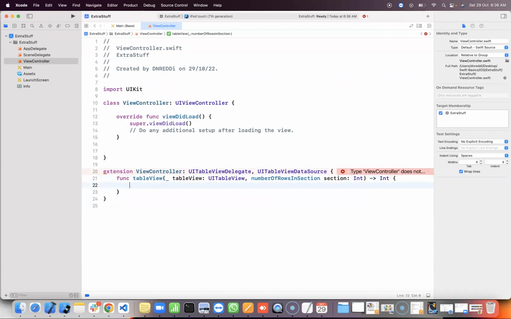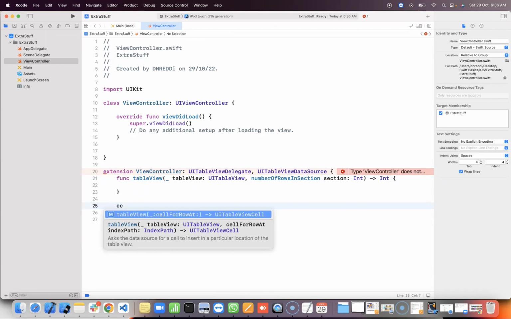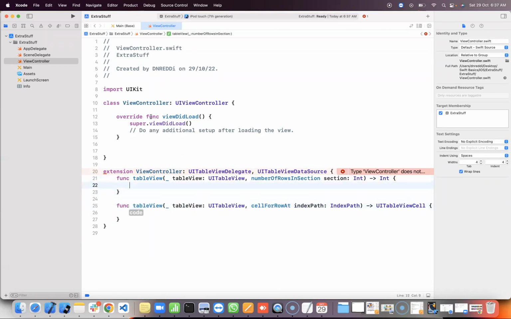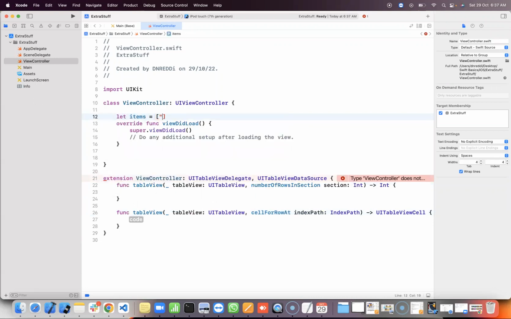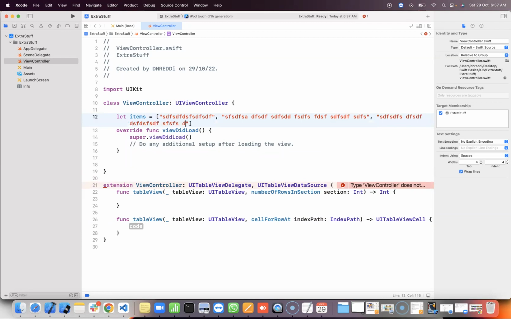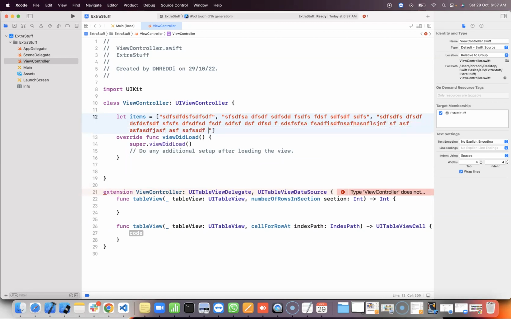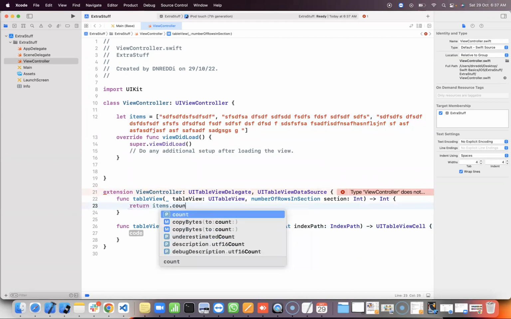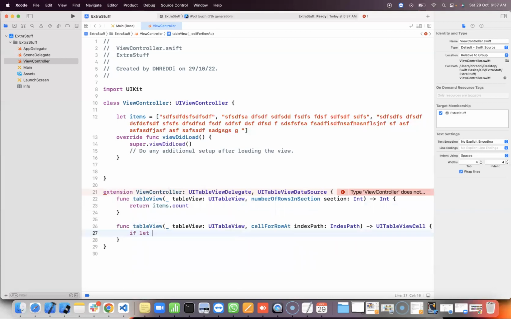Number of rows in section, cell for row at index path. And just let me take some items here. I'll just give some random text. On the number of rows I have written items.count. Here let cell equal to, we can take